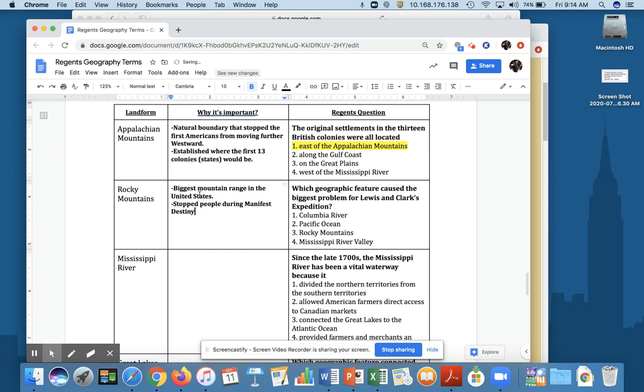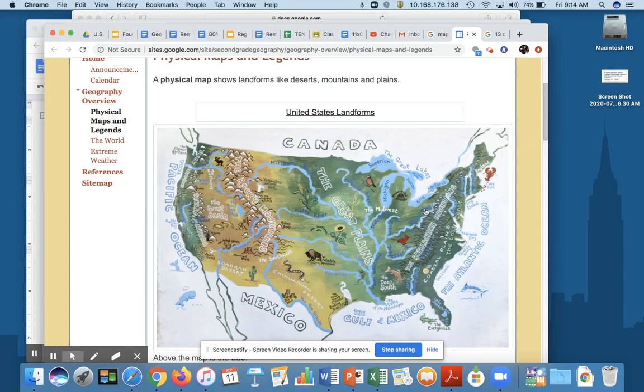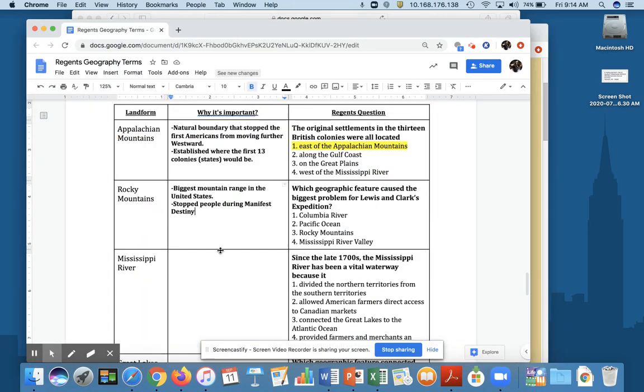Okay, if you remember that term from 7th grade, it was to try and encourage people to move westward throughout our country. People during Manifest Destiny started moving westward and they started going into the Great Plains, and then they got to the Rocky Mountains. They're like, oh my, that's a big mountain to get over, and a lot of people stopped, okay, and established themselves in the Great Plains and in Texas. All right, so that stopped people during Manifest Destiny, and Lewis and Clark